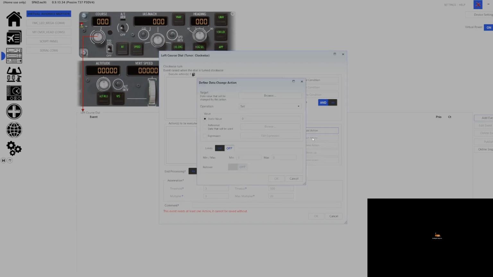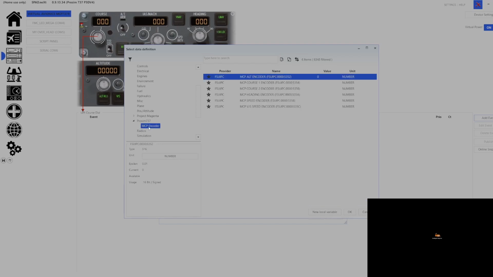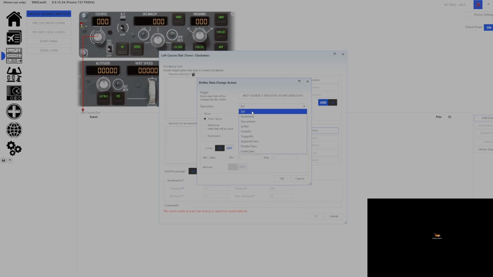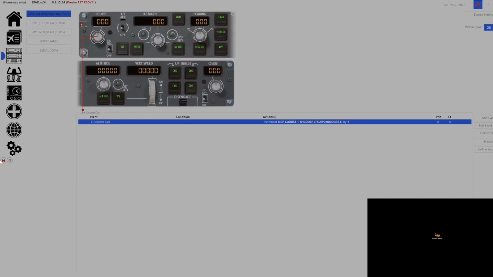So you change the encoder, and since I've already placed the file like I explained before, it would be available as MCP encoder under my FSUIPC tree. So I would click this, and since it's a course 1, I'm going to choose the course 1 encoder here. Click OK, and since it is a right turn, I would increment it by 1. So I would put in a 1 here and click OK and OK. That's about it. I save,